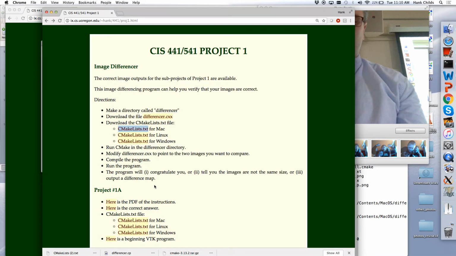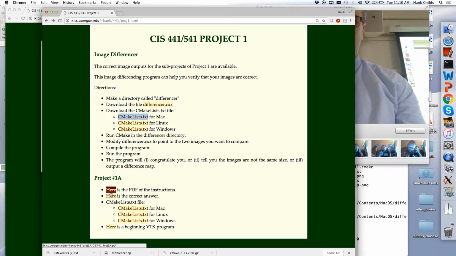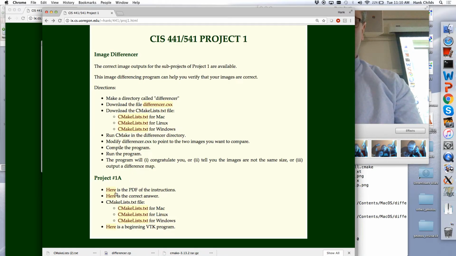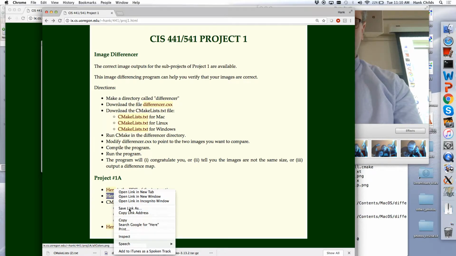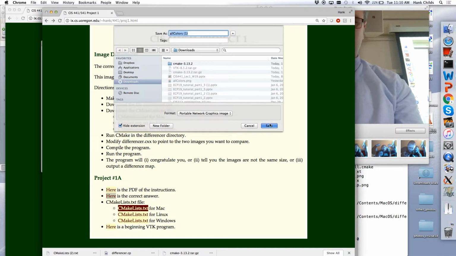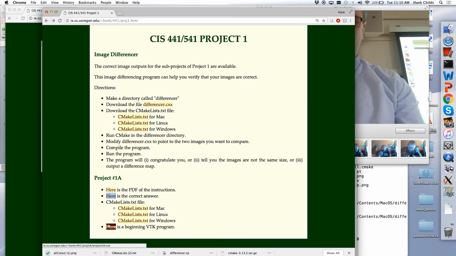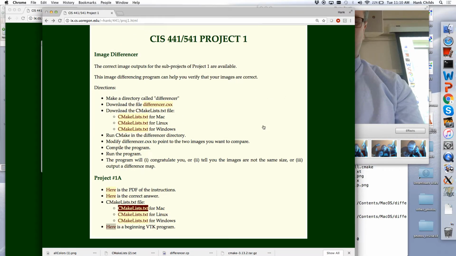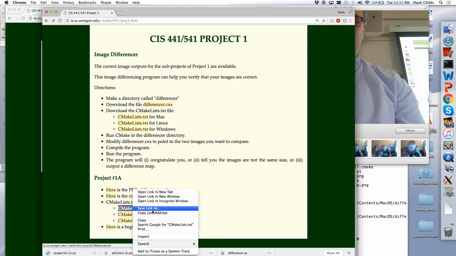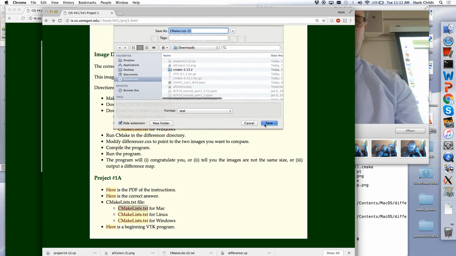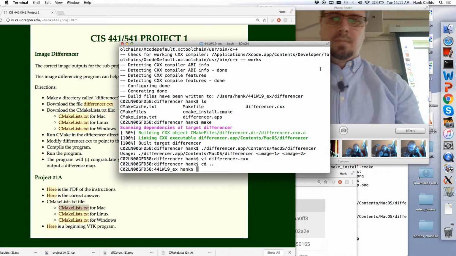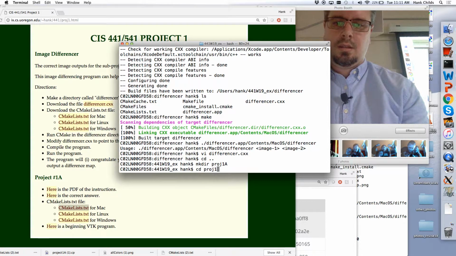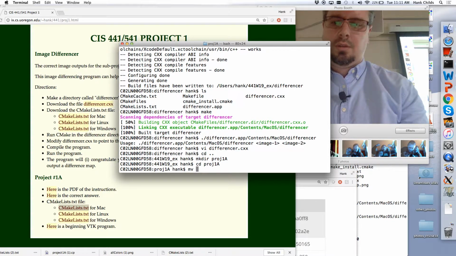So then I go to Project1. See, here's the correct answer. I'm going to download that correct answer. I'm going to download the skeleton program. And I'm going to download the CMakeLists.txt. And then I'm going to make a directory called Project1A. And I'm going to move